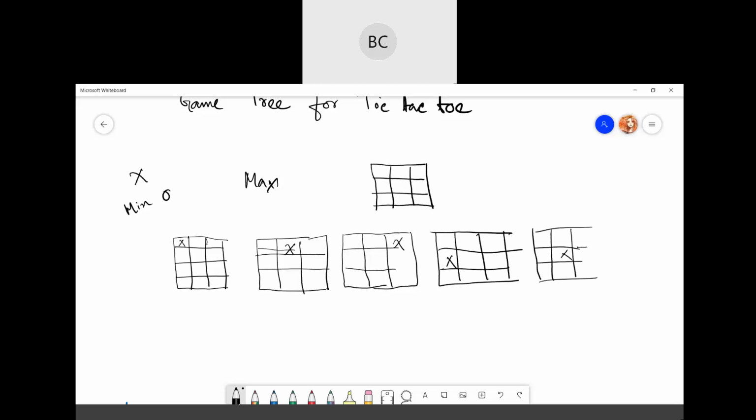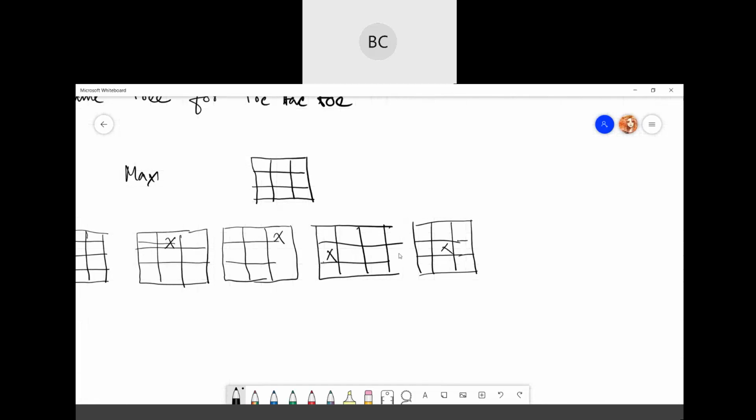So in total, how many moves are possible for X or Max? 9, correct, since it is 3 by 3. So Max can put X in 9 possible ways.